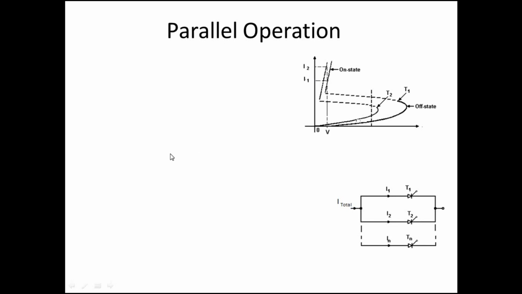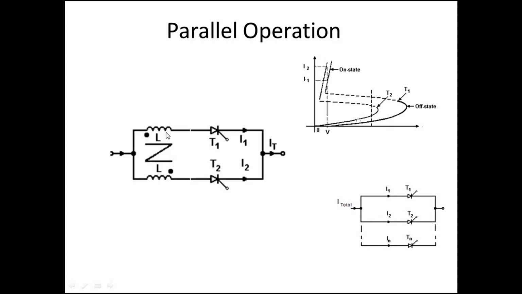So in order to avoid this, we are using mutually coupled coils in series with the thyristors. This dot convention is determining the polarity of the voltage. Suppose I1 is getting increased. Then the mutual inductance will cause M dI1/dt across here, so it will be a higher value. If I1 is higher, this will be higher.